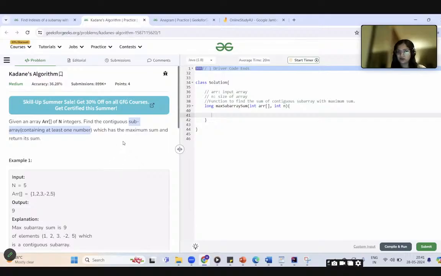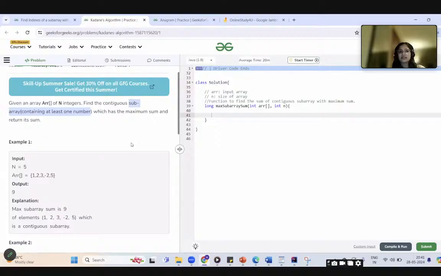Okay, so I will cover what a subarray is. You must have heard of subarray, subsequence, substring. A subarray is one where the elements are contiguous. For example, in this array, 1, 2, 3 is a subarray because the elements are adjacent to each other. What about 1, 3 and minus 2?